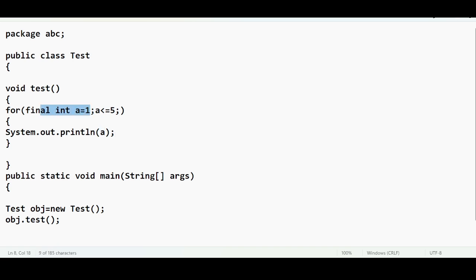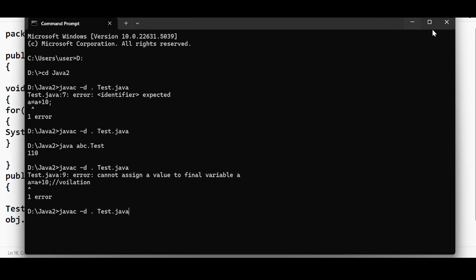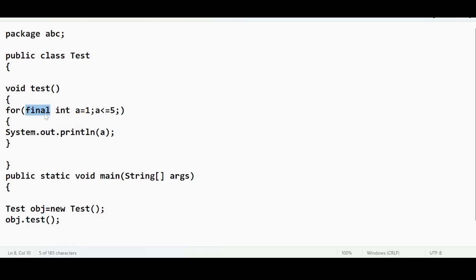But if you look at expression 1, the initialization part, I have taken it as a final variable. Now you tell me what would be the output if I execute this test method. Only one will print? So this is valid or invalid? Valid only. Why? Because by looking at this code,